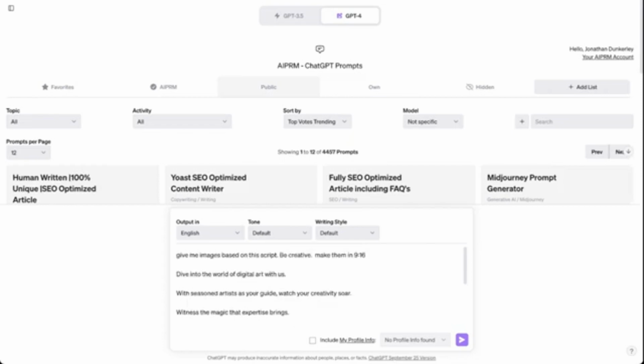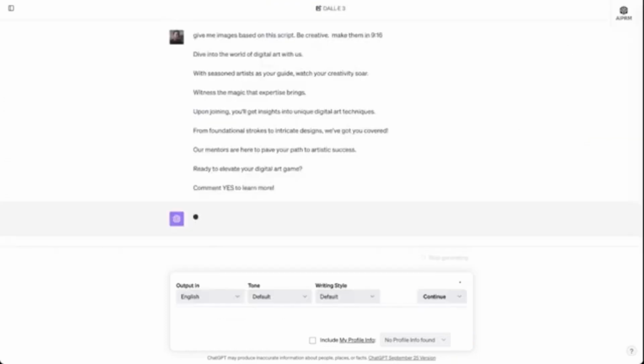So I added this in at the top where it says, give me images based on this script, be creative, make them 9:16. I'm going to hit enter or return, and we're going to get our result. Now we get this box that pops up where it is creating the images, and now we just need to wait. Now, while this is generating, I wanted to show you one other feature that is